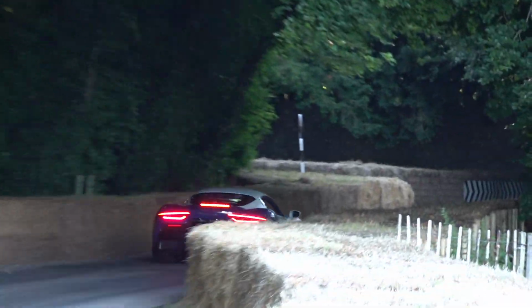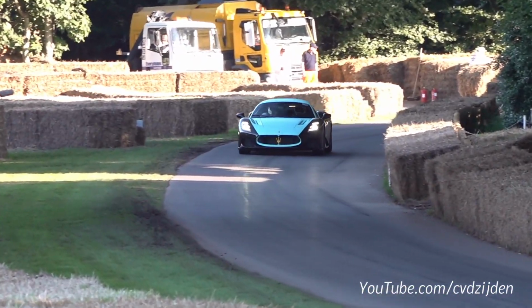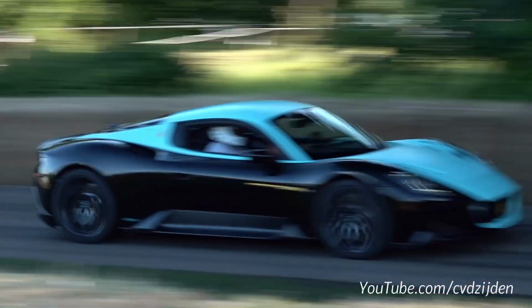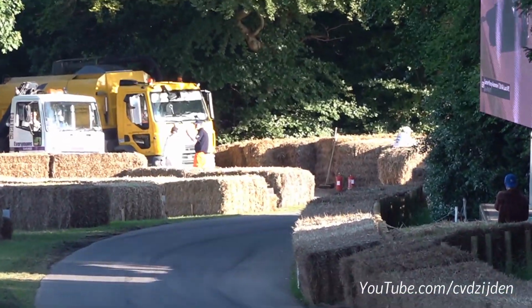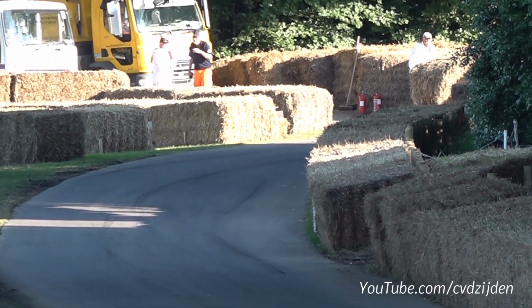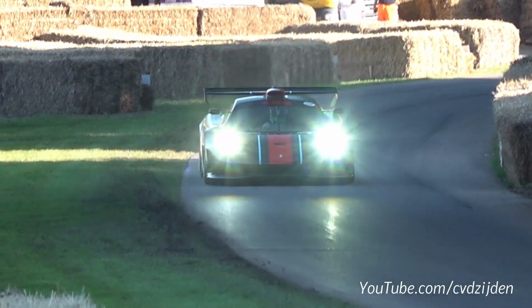Oh wow, finally I've seen this on screen. I haven't seen this this weekend so far. T50s Niki Lauda edition. So this is the track-only version of the T50. That's why it makes so much sound. A little extra horsepower, a little bit higher revs, 12,000 RPM. That V12 Cosworth engine is sensational at the moment. More downforce, as you can see from that rear wing. And a soundtrack. Oh my goodness. We've got the Supercar